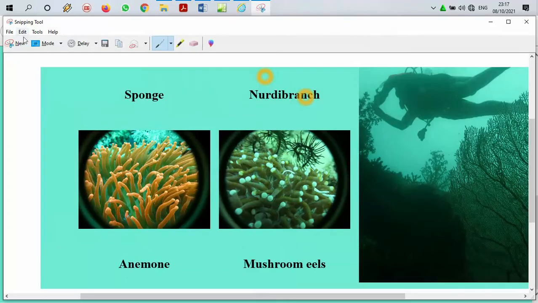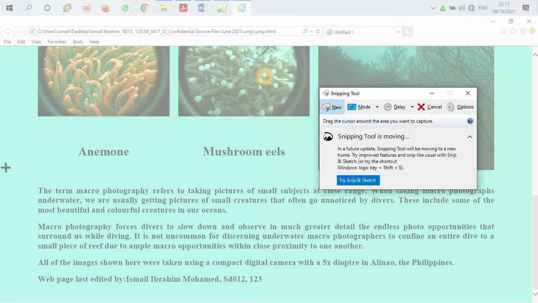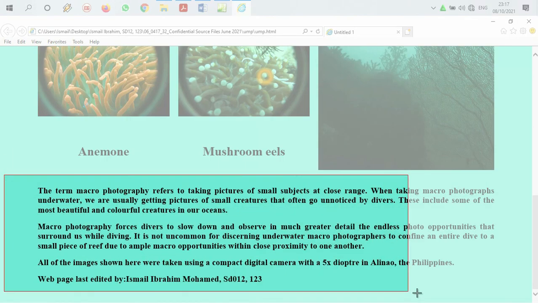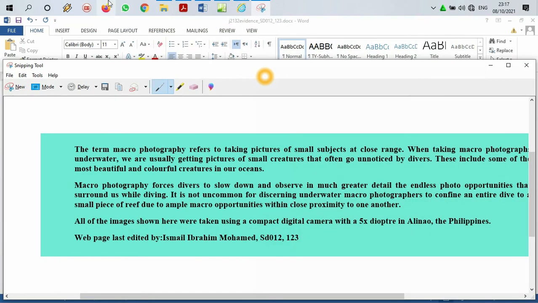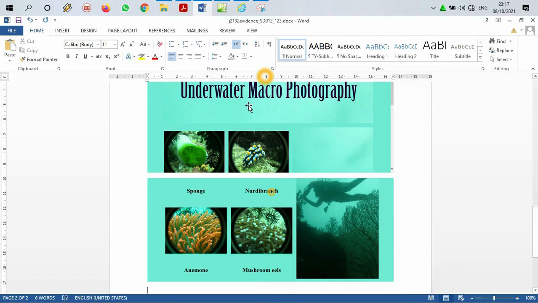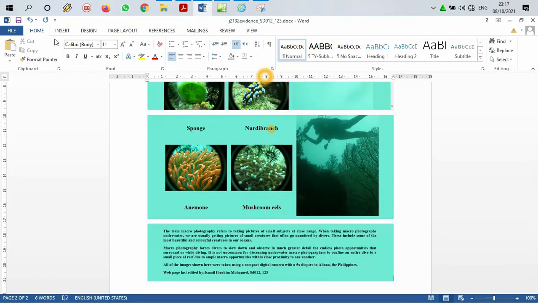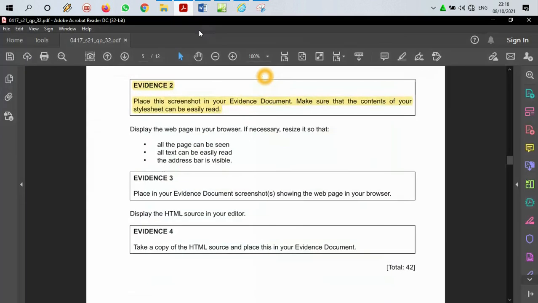New. This is the best way, because if you zoom in or zoom out a lot, this text will not be easily read. So go and paste this one here, press save,